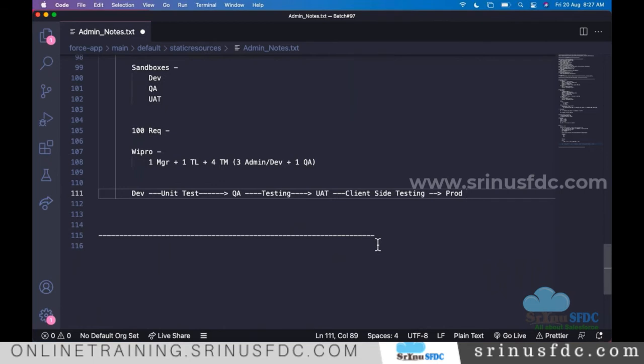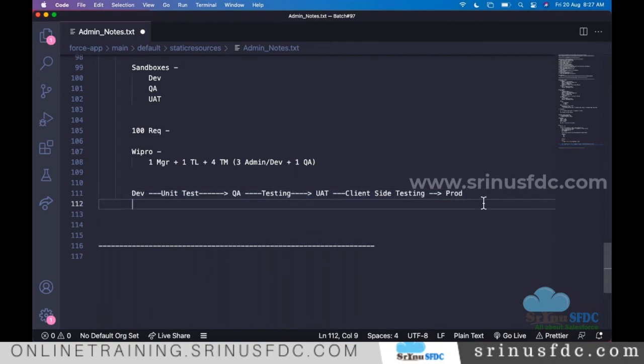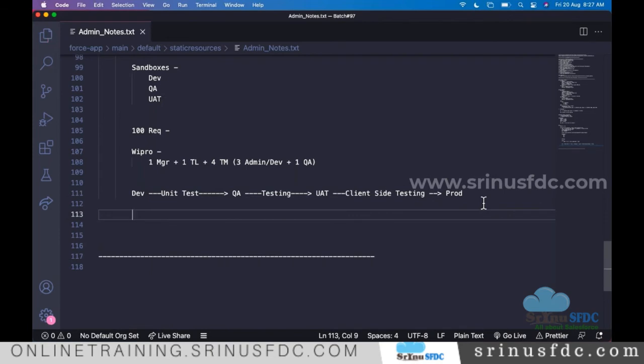Okay, so in most of the projects, you see this process. Maybe it's not 100% needed to follow this. Some companies won't have UAT, only development, QA and production deployment. So it's all based on the company. Mostly the minimum standard is maintaining this: development, a specialized testing team doing the testing, client side employees doing the testing, and finally deploying to production. So now we are going to work in the Dev sandbox, right?